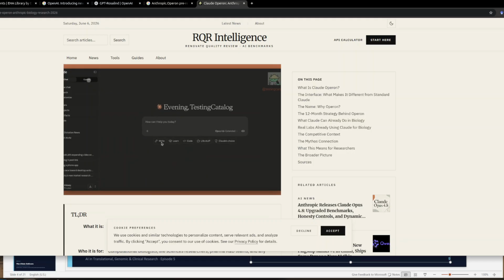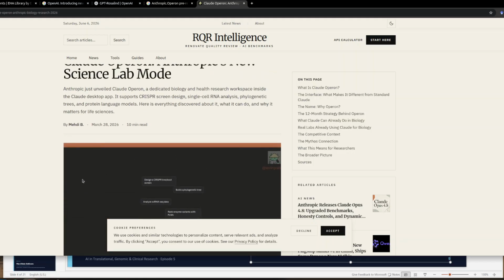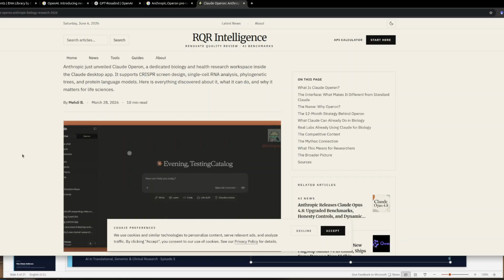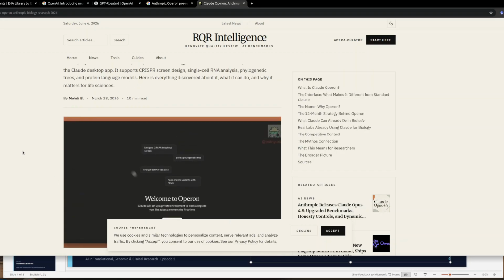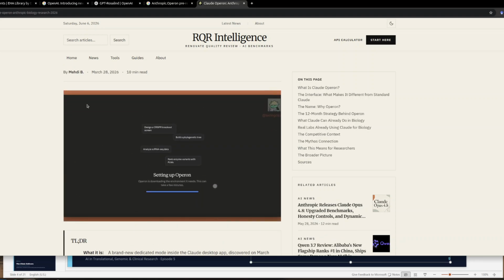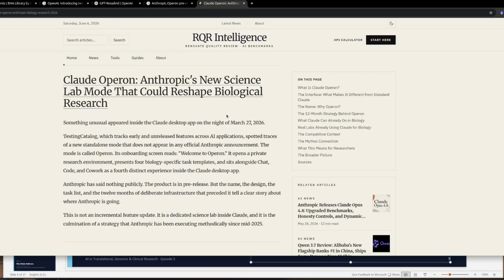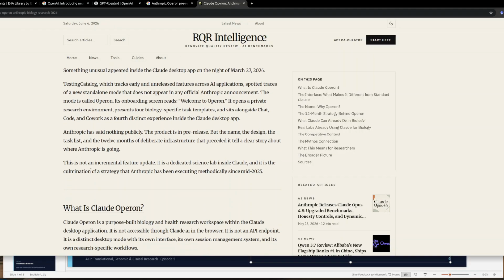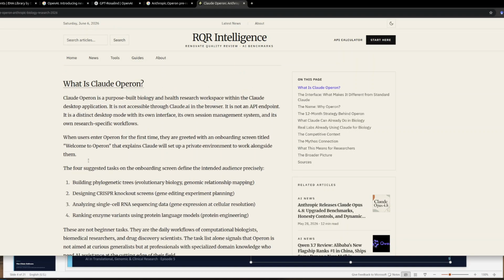One of the major reasons is that they have it in the cloud application, like in the desktop, but I use the Ubuntu system, so I don't think that they have this option or any desktop app. But if you go into the app and open it up, you can open up the open option, Anthropic New Science Lab mode that could reshape biological research. Okay,